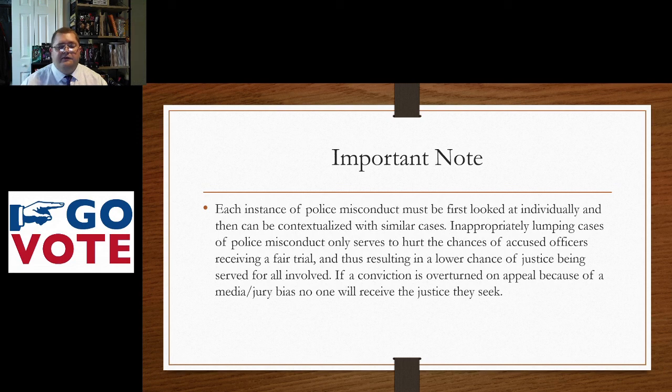Sorry, if you first have a case where a police officer has done something wrong, and then a week later you have another negative interaction where the community member was at fault, and you try to lump those two together, you're weakening the case against the police in the first instance. Additionally, by having the level of attention that we've seen in some of these cases, you're really doing a disservice to the criminal justice process and the ability of a prosecutor to seek a conviction.